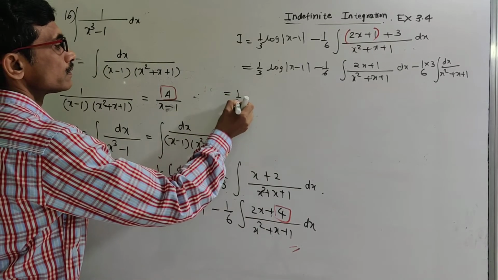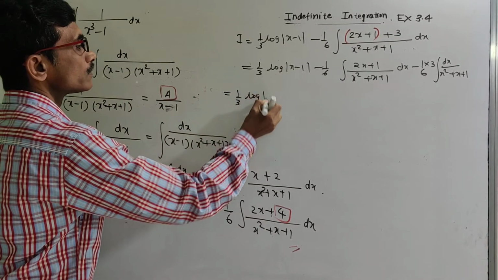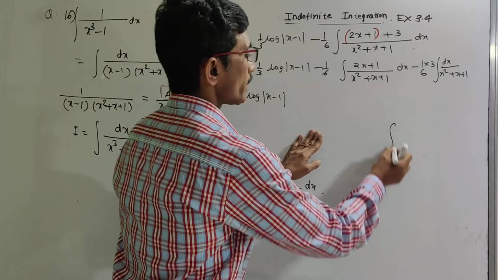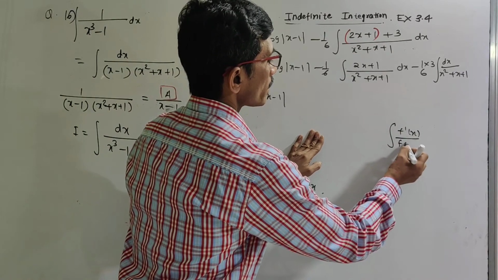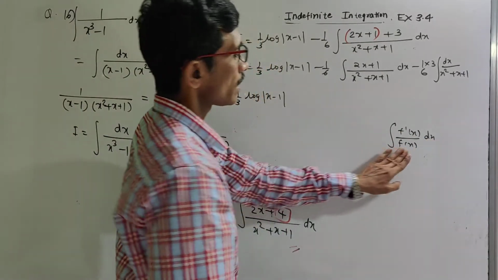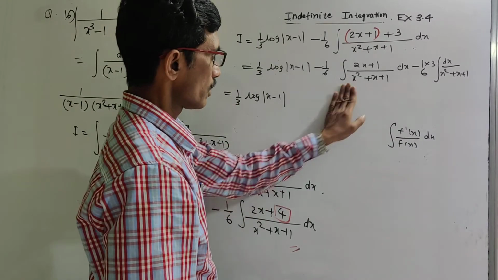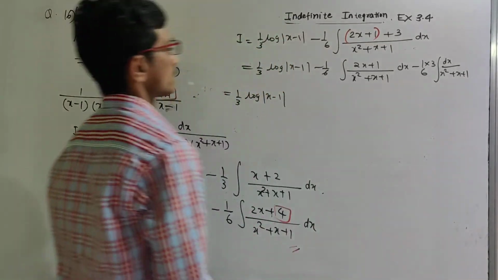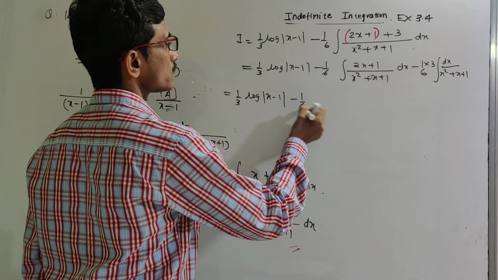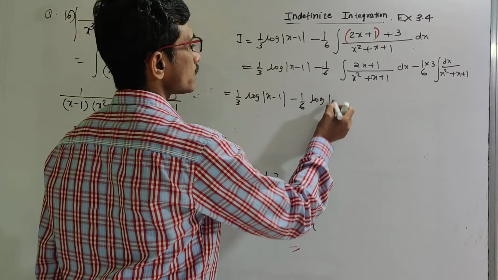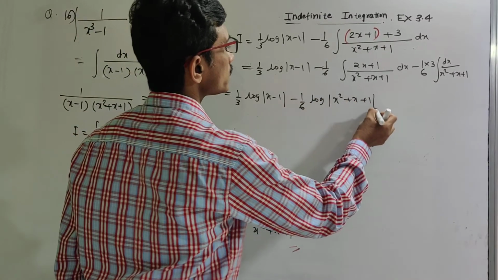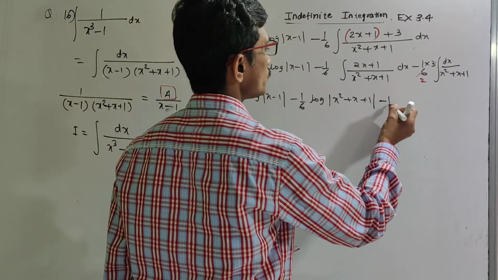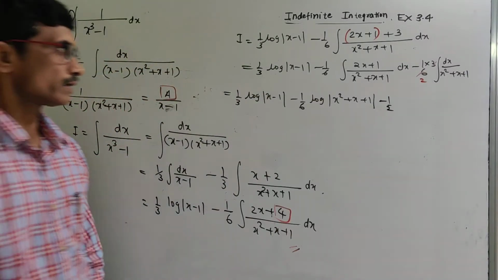1/3 log of x minus 1. This is in the form f dash of x upon f of x dx, whose answer is log of f of x. So log of x square plus x plus 1 will come, minus 1/6 log of x square plus x plus 1. This 3 is getting cancelled. Here a 2 will come, minus 1/2 integral dx upon